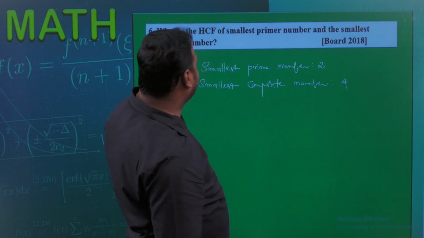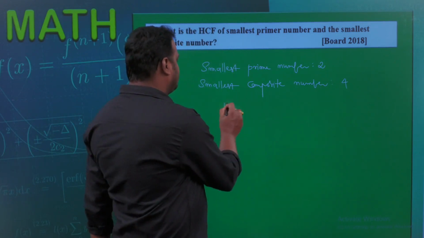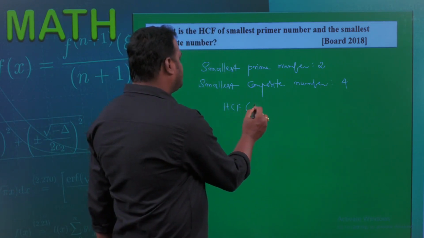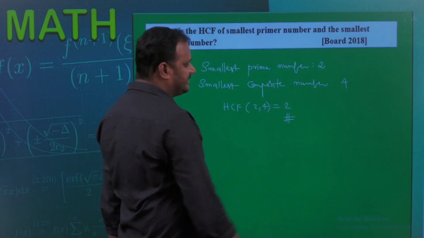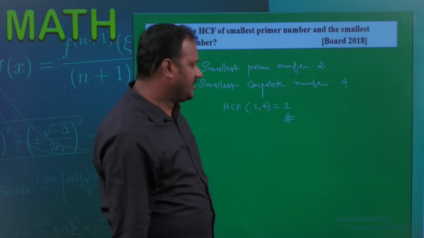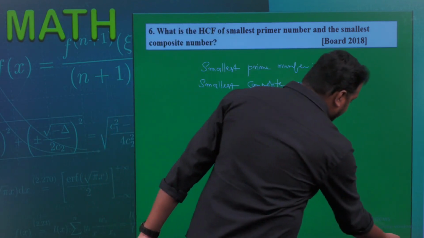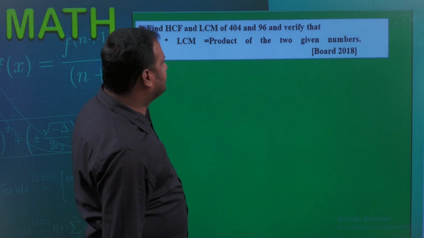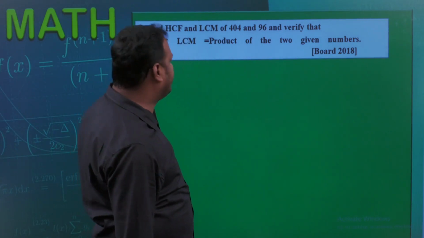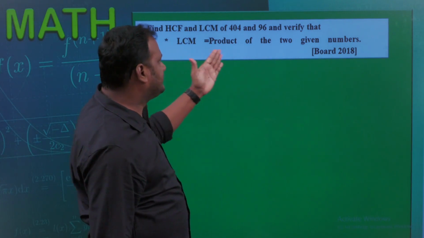Now you are going to find the HCF of 2 comma 4. What is the HCF of 2 comma 4? Of course, the highest common factor of 2 comma 4 is 2. So this way you can answer this problem. Next, find the HCF and LCM of 404 and 96 and verify whether HCF into LCM is equal to the product of